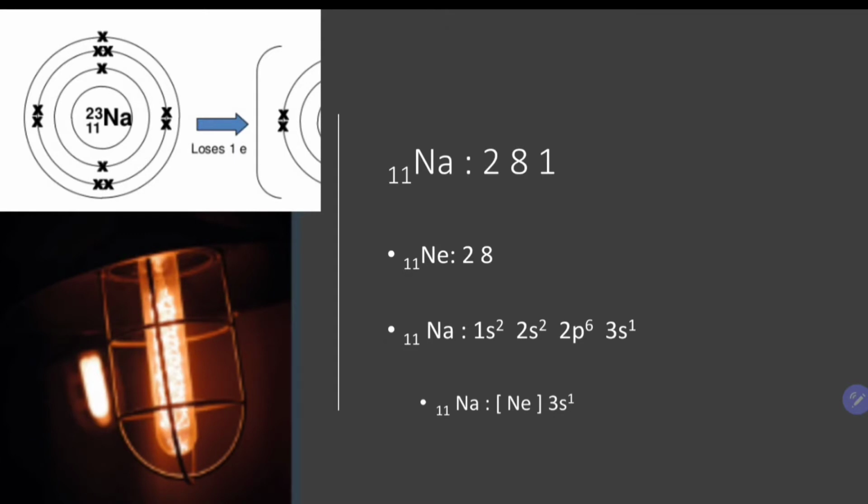We have an example here. We have sodium with proton number 11. In the old way, we write the configuration as 2,8,1. For neon, the number is 10. The configuration is 2,8. For sodium,